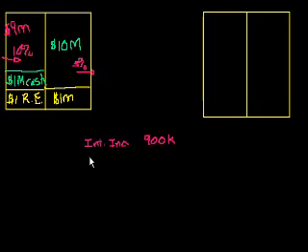I probably should have done this in green, but what's my interest expense? Well, I have to pay out 5% on the 10 million, so it's $500,000. I'll put it as a negative number, just so you know it's an expense. Although since I said it's an expense, you might want to put it as a positive number, but that's just an accounting convention, but I think you get the idea. So let me put it as